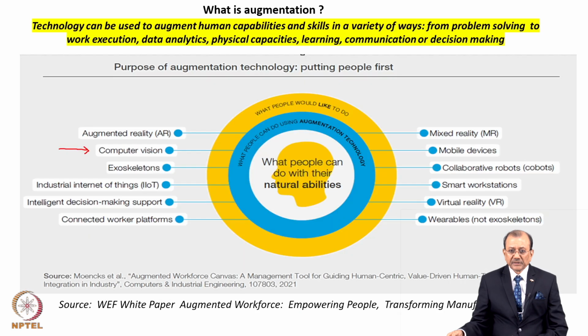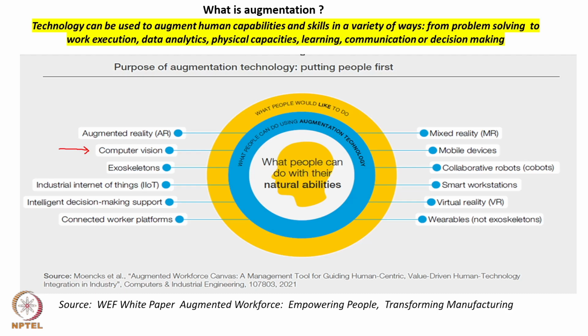The next slide you are seeing, which we have discussed earlier also, shows that some of these technologies like augmented reality, virtual reality, computer vision, robotics, and now today visual AI, are considered augmented technologies. They have a major role in augmenting the capability of knowledge workers, factory workers, and humankind in general. And in the same domain, computer vision is also one of the important technologies which we are going to discuss.